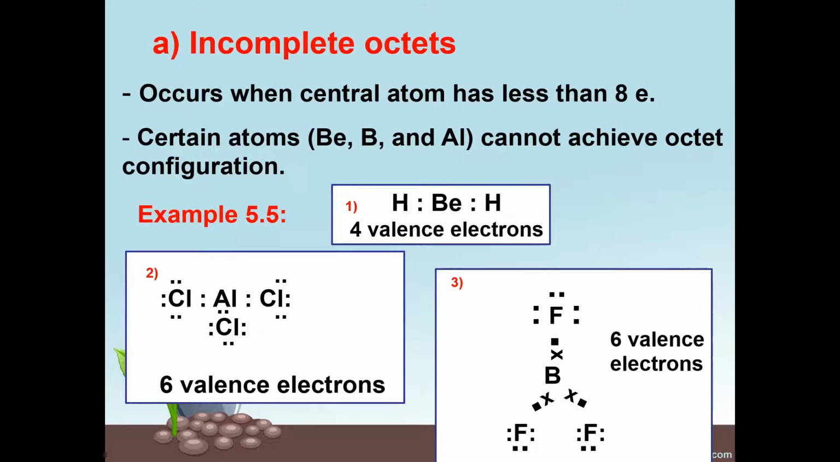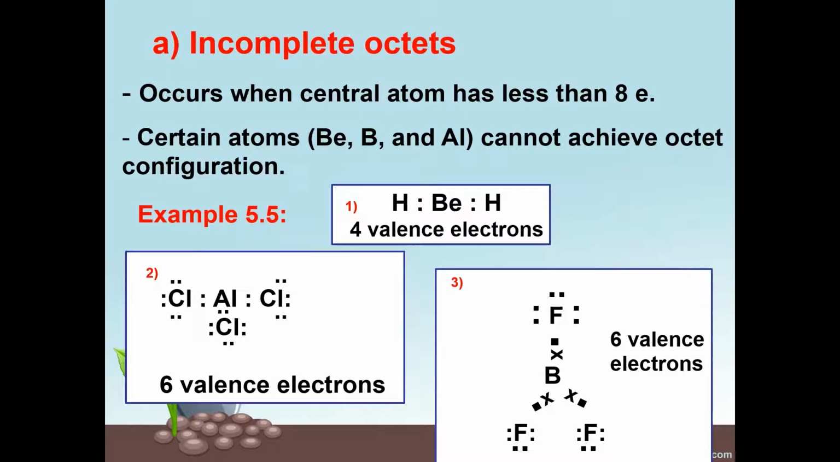Incomplete octets occur when the central atom has less than 8 electrons. Certain atoms such as beryllium, boron, and aluminium cannot achieve octet configuration. For example, in example 5.5, you have to write down the examples for beryllium hydride having 4 valence electrons surrounding it, aluminium chloride having 6 electrons surrounding it, and finally boron trifluoride having also 6 valence electrons surrounding the central